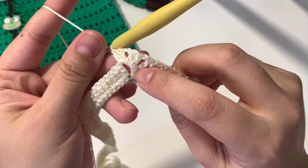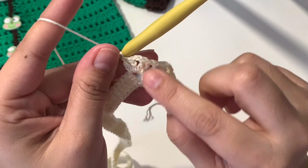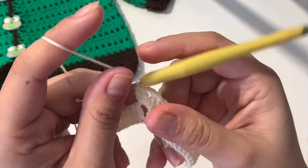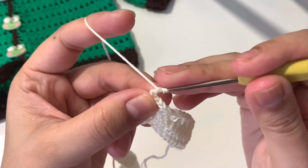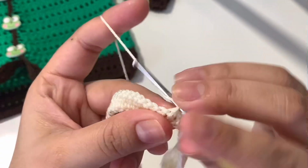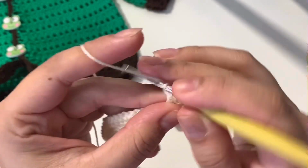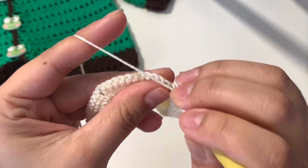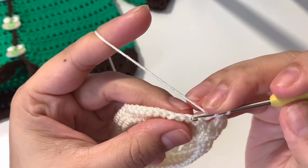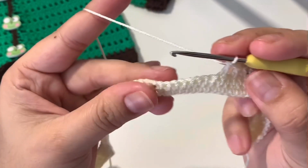So remember, you have 1 left, chain 1, skip that stitch left, and work 2 long double crochets in the chain 2, and another 2 long double crochets. Now chain 1, you skip this stitch right here, and in the next stitch work your long double crochet, chain 1, skip the next one, in this one work your long double crochet, chain 1, skip this one, in the next one long double crochet, the same until you get to the last